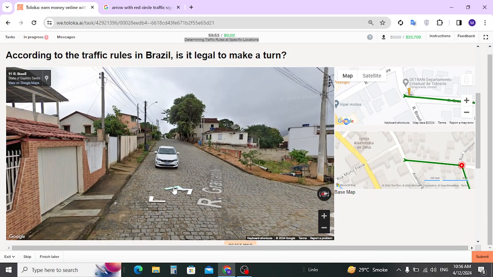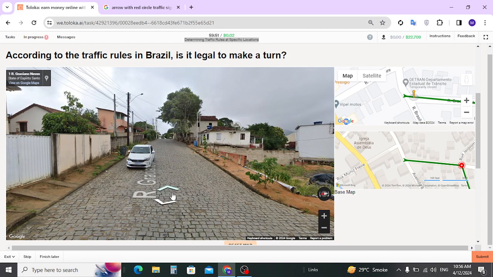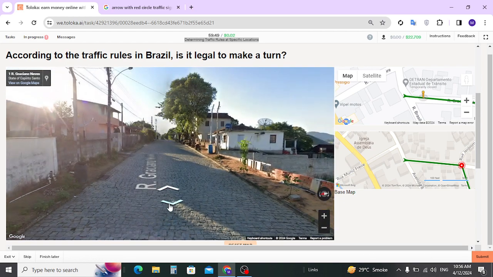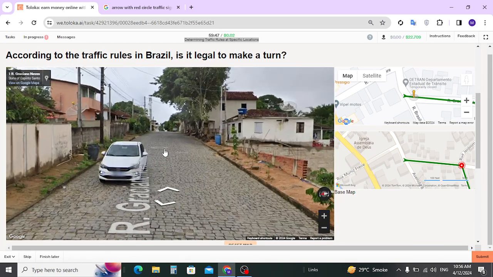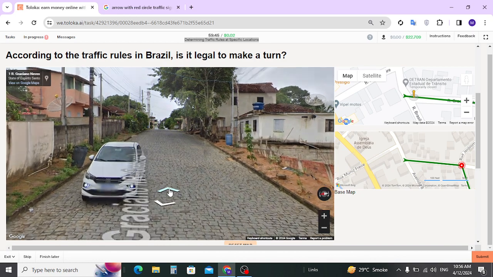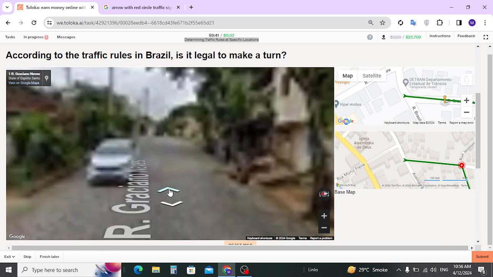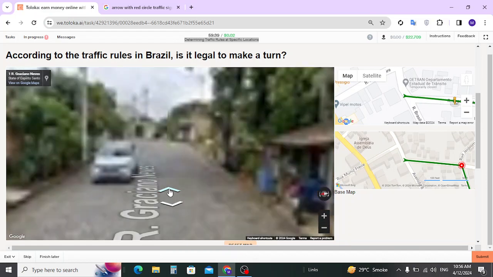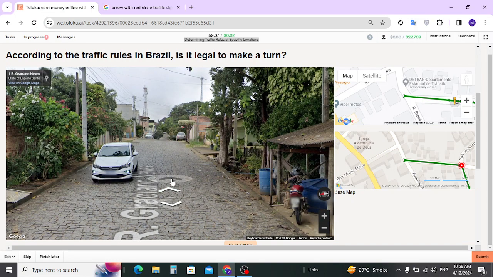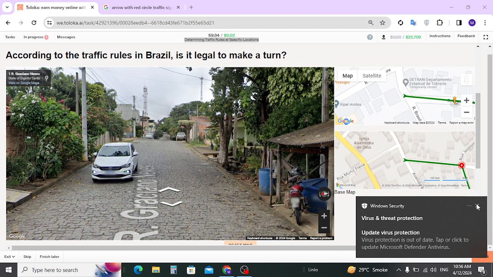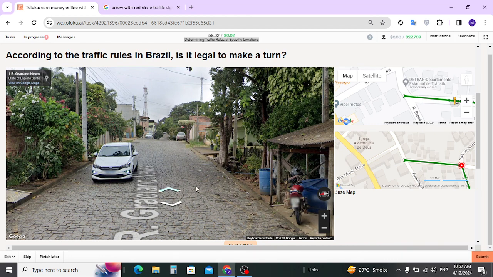Again I am at the starting point and going in this direction. This is clearly a two-way road because it is a local road, which is probably not a one-way part. So I am going. Don't be confused by this car because these pictures are taken by a robotic car which has multiple cameras